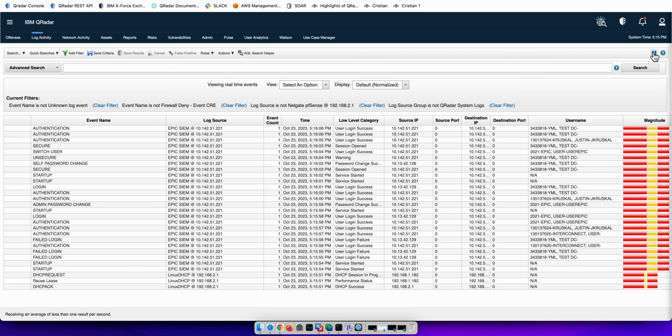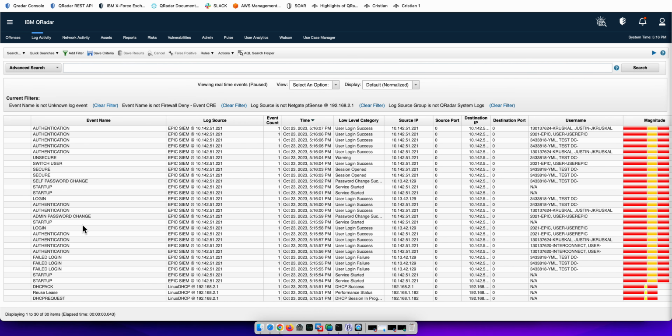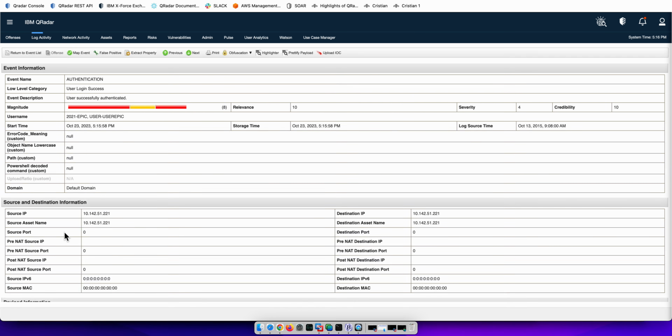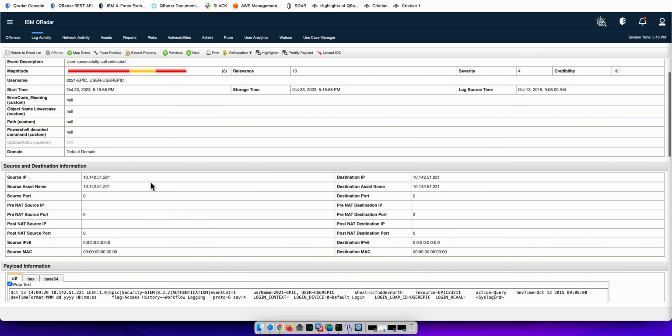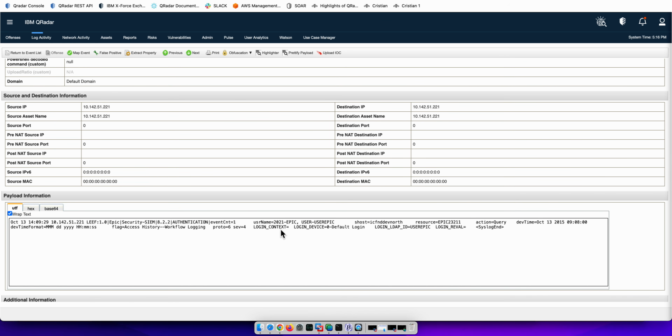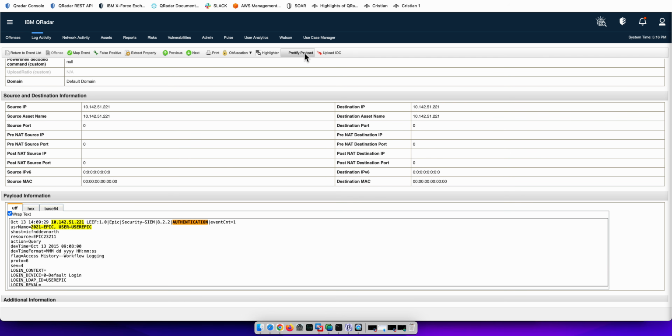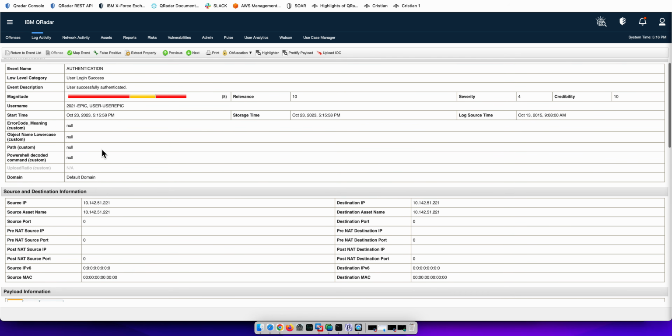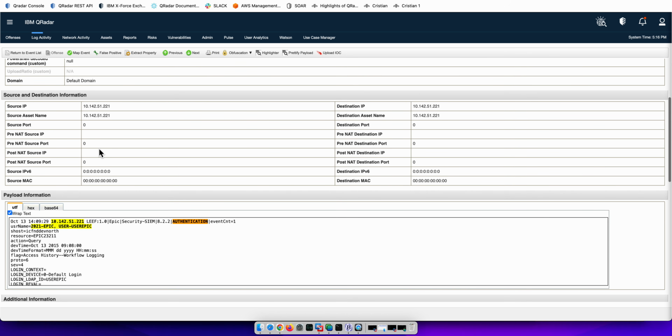This is not only good for JSON, but also LEEF and CEF and other formats. So let's take a look at these, some LEEF events. Again, when you look at them, not easy to match them visually. Okay, however, when you click on the Prettify, you get nicely separated. You get highlighted the custom properties that have been extracted, like username here and source IP, as you see there. But you also get these things highlighted in orange. Anything highlighted in orange is part of the